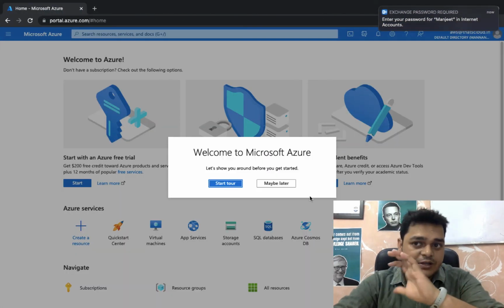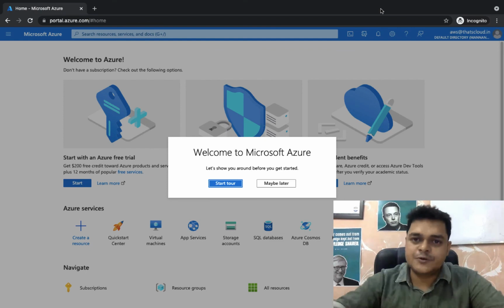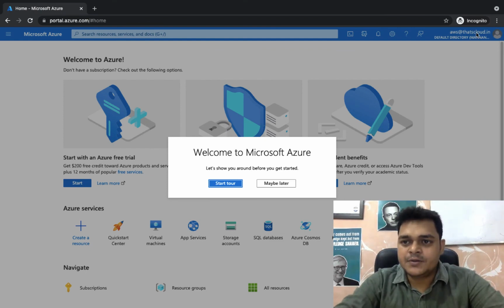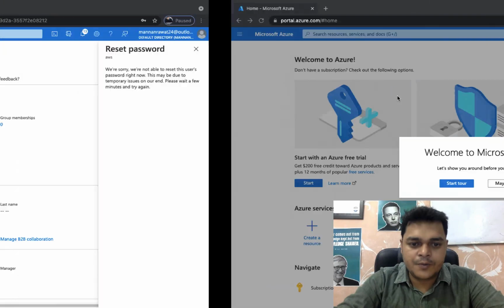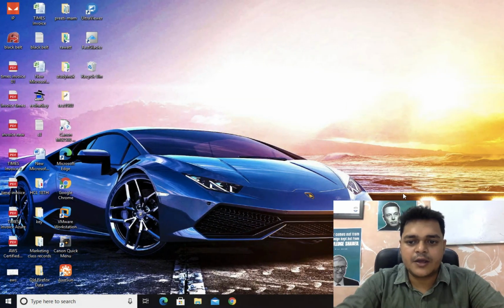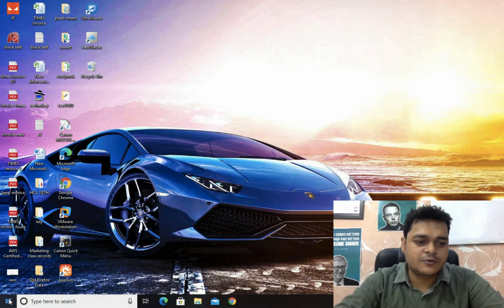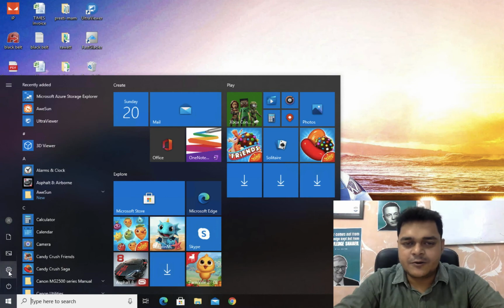This is the last step that you need to configure. I'm going to use the same username to connect our on-premises Windows 10 machine. Now we are on the page of AWS at thatscloud.in. Need to open your on-premises Windows 10 machine. This one is my local operating system, local computer, local laptop, with the Windows 10 operating system. Just click the start button and go to settings.